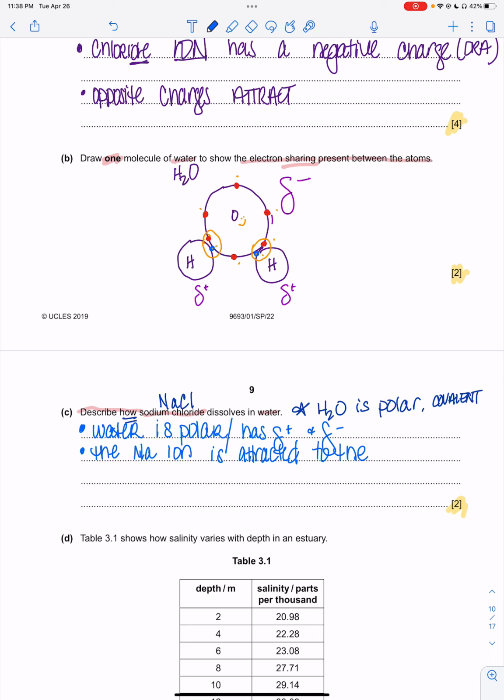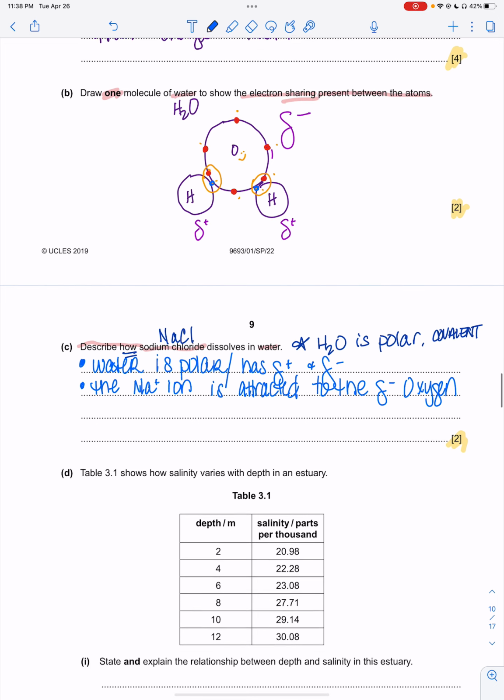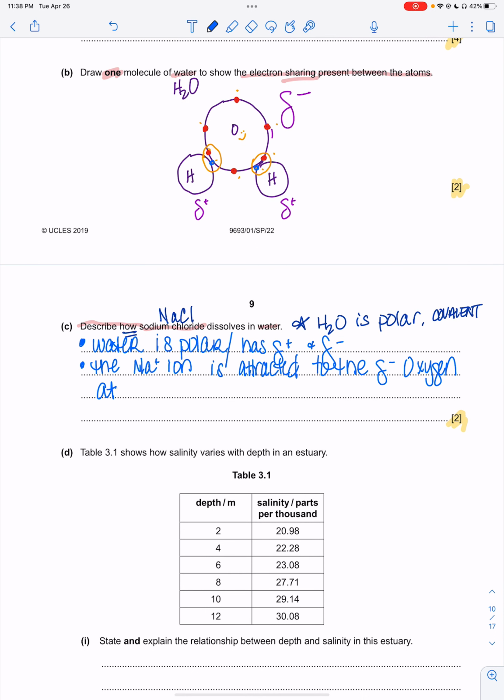It's attracted, and that's positive, to the partial negative. It's not oxygen gas. Or you can say the negative chloride ion is attracted to the positive hydrogen atom. This breaks down